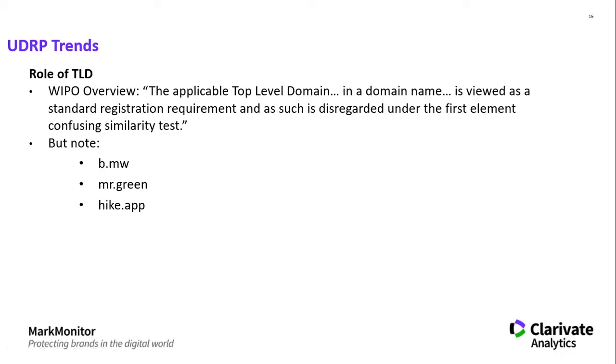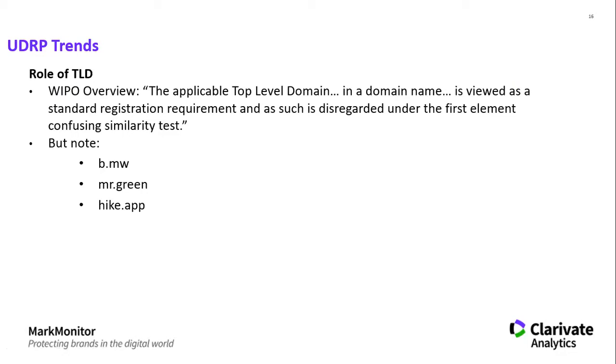So in the hikes.app UDRP proceeding, this was a case that was filed by an Indian company called Hike Private Limited, which operates an instant messaging app. I was not familiar with it, but it's called Hike, which apparently is very, very popular, has been installed more than 50 million times from the Google Play Store, according to the UDRP decision. And you can imagine that there would be all sorts of domain names that include the word hike that would